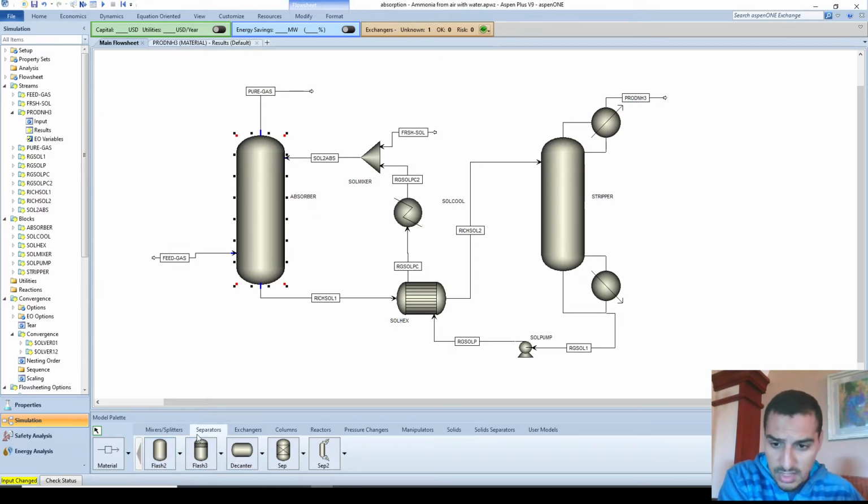So these 3 have a scientific basis. There are equations that describe the type of separation that takes place in either the flash, or the 3 component flash, or the 2 liquid phases flash or drum, or the decanter. But for these two, if you take a look here, it says that it's a component splitter. It separates components based on specific flows or split fractions. The same here, it's a 2 outlet component separator that separates components into 2 outlet streams based on flows and